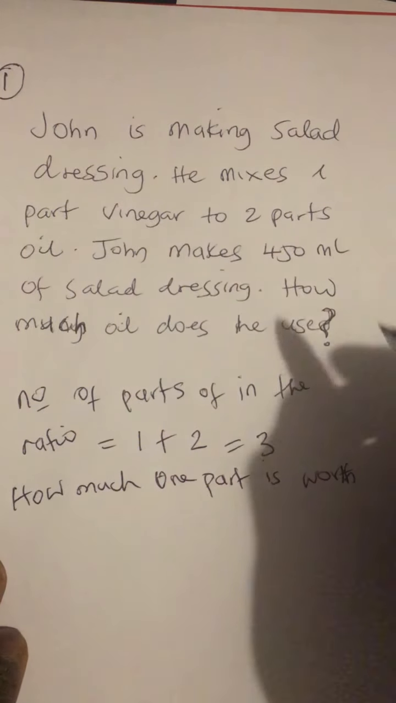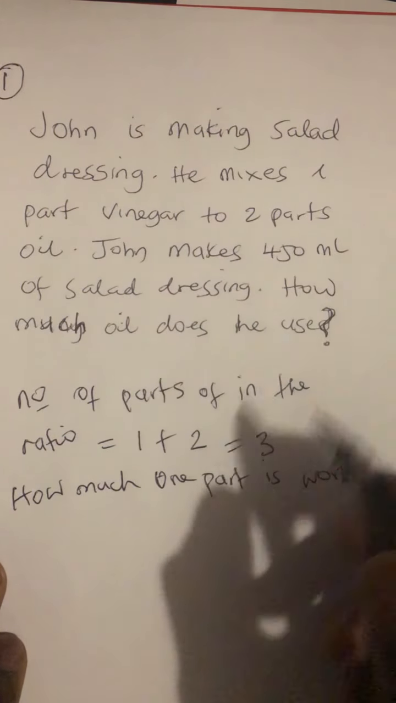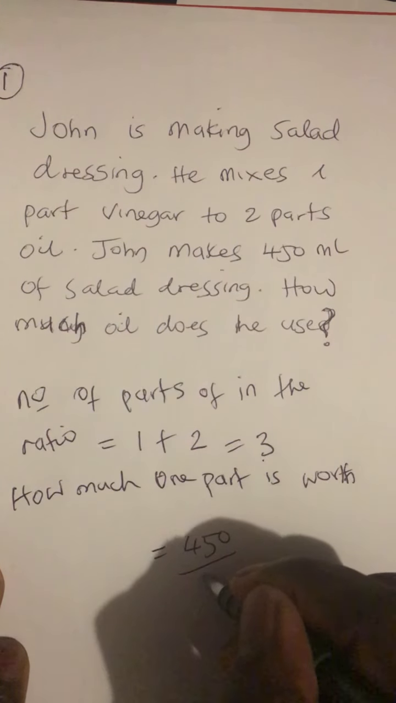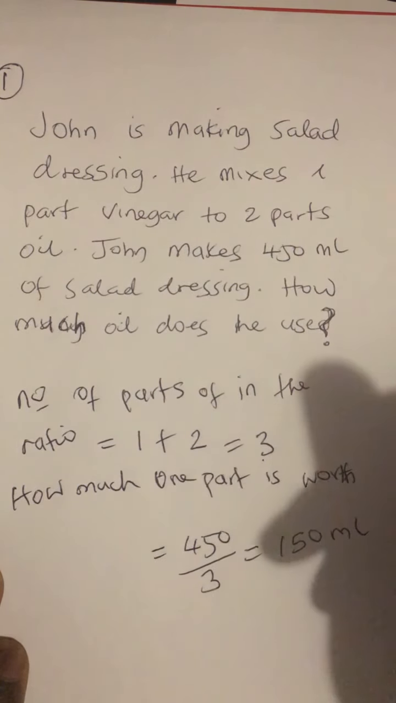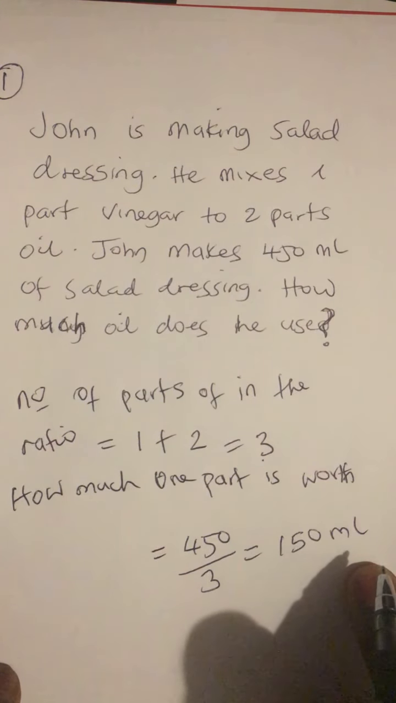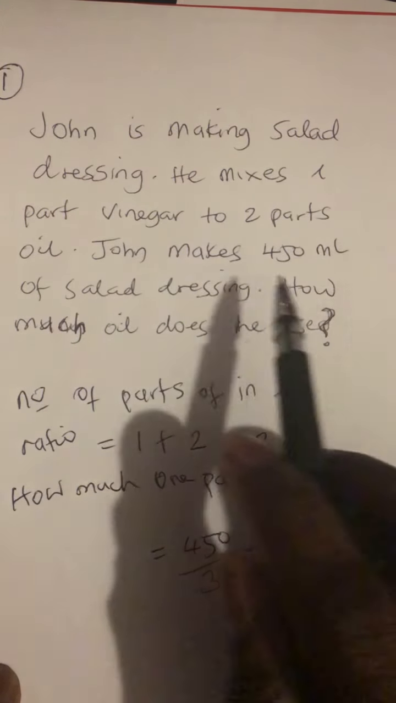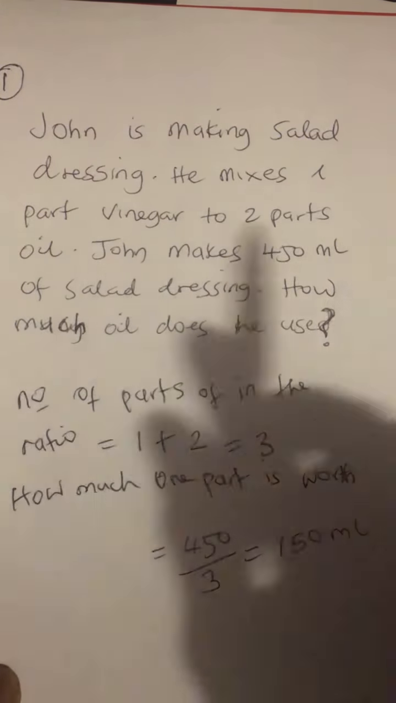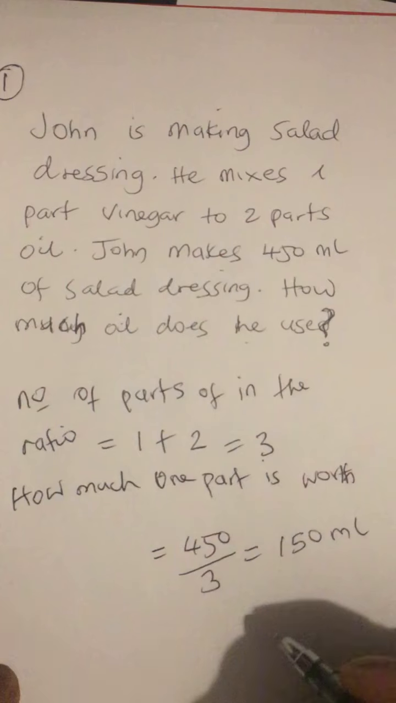To find how much 1 part is worth, we divide the total salad dressing that we're going to make, 450, by the total parts. So this is equal to 450 divided by 3. This gives you 150 ml, which means 1 part of the mixture equals 150 ml. Now to work out how much oil we will need, we know that one part of vinegar is to be mixed with 2 parts of oil. So 1 part of vinegar is 150 ml, and 2 parts of oil will give us